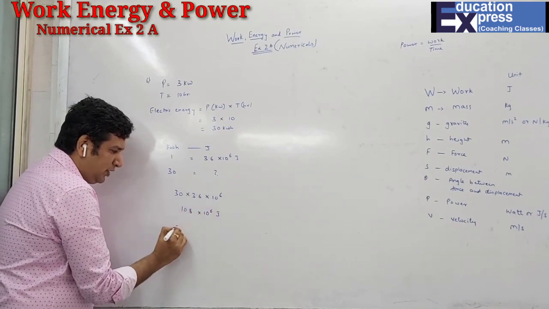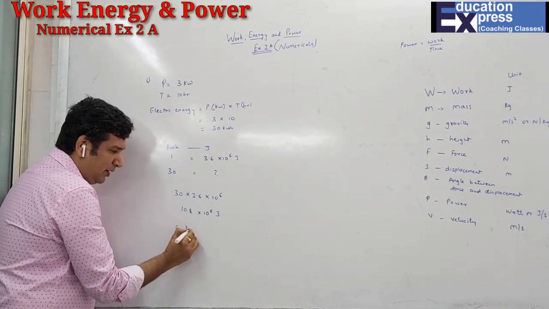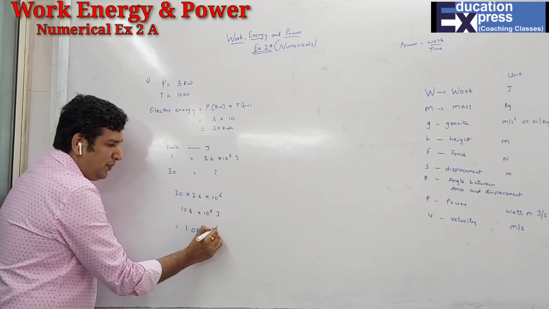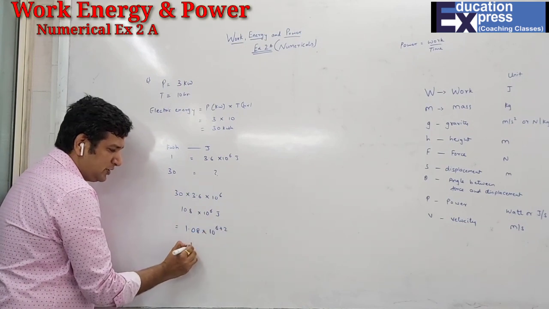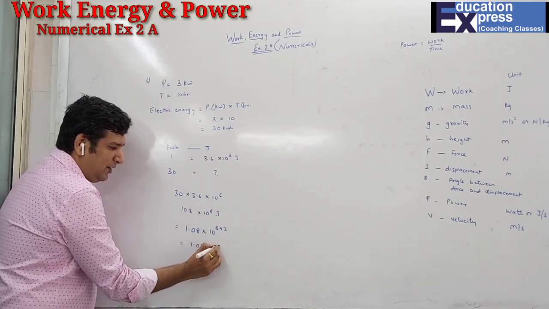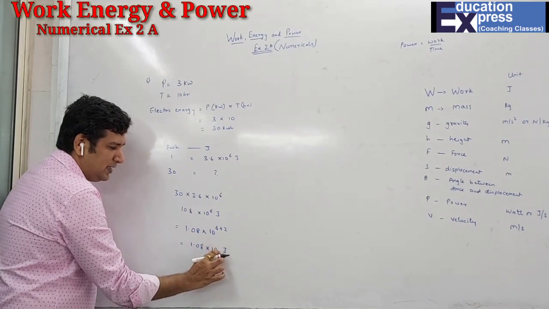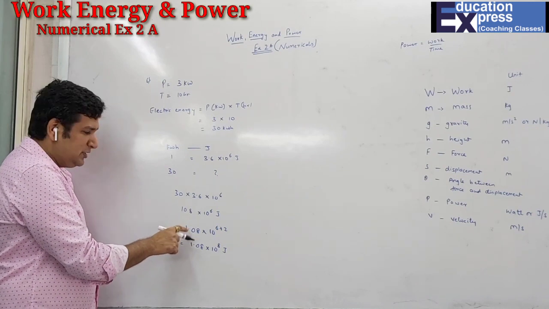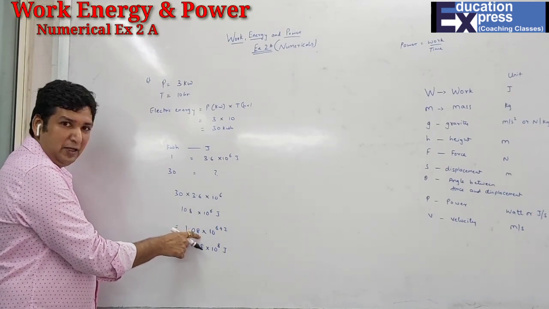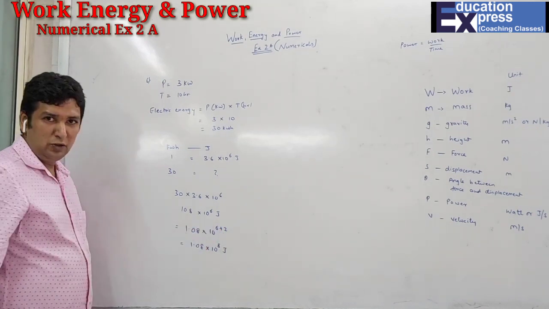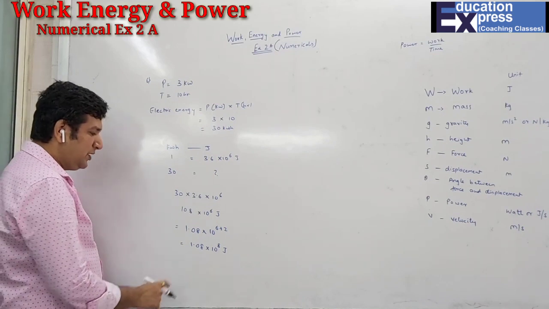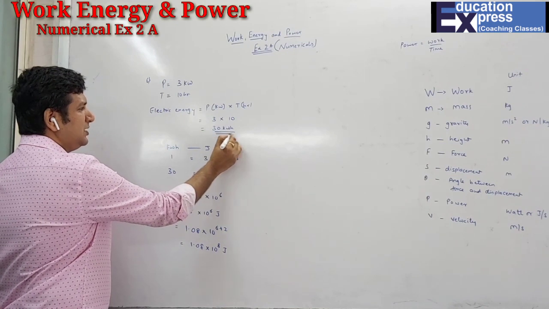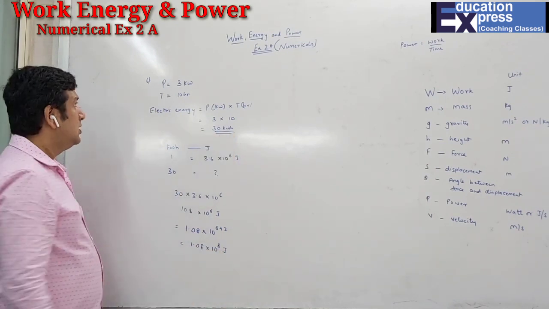If you want, you can put the decimal after one number, to make 1.08. So after the decimal, how many numbers have you added? 2. So you add the power of 10 also as 2. That is 1.08 into 10 raised to 8 joule is the answer. Students, whenever you are adding the decimal, always remember that after the decimal, however many places you have added, that number you have to add to the power of 10 also. So the answer is 1.08 into 10 raised to 8 joule. So we have got the answer in kilowatt hours and in joule also. Now question number 7.